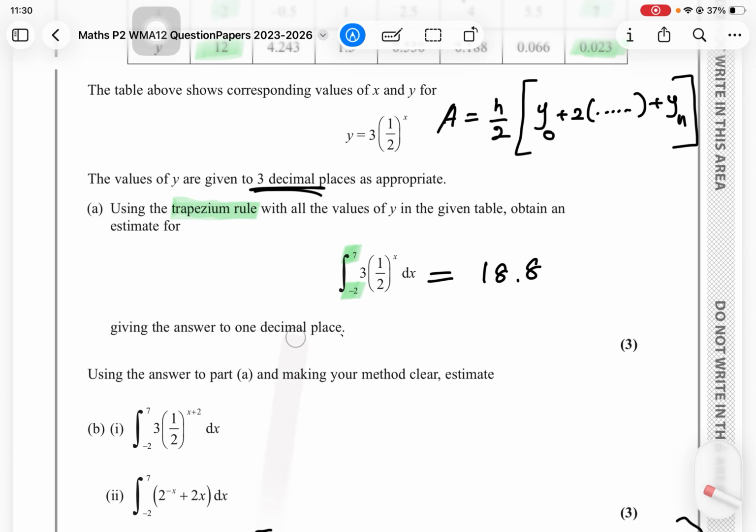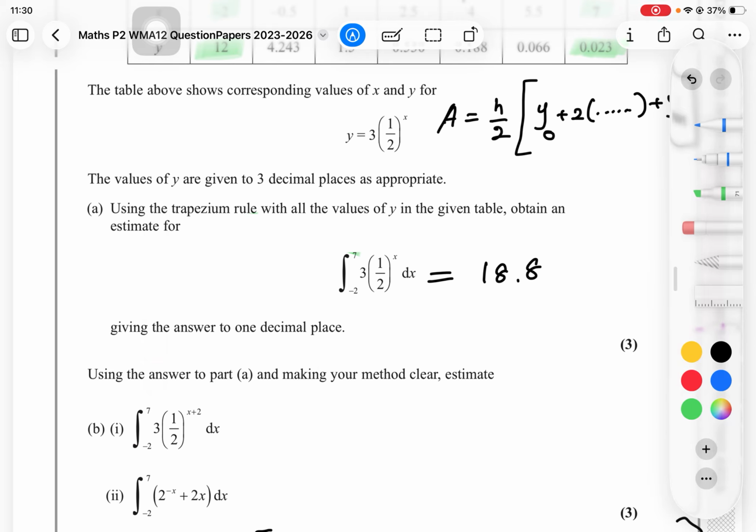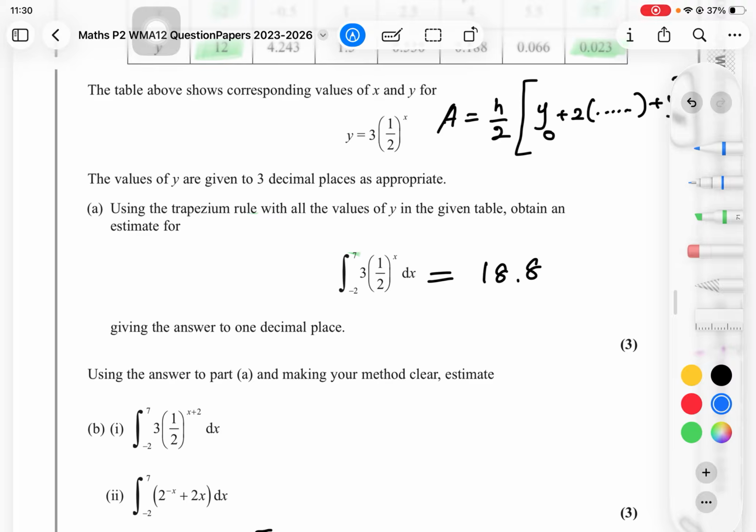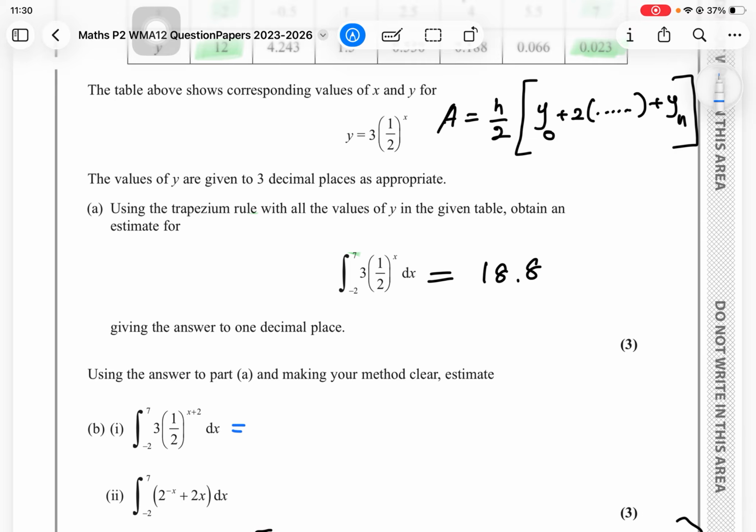Let me erase what is not important. I meant to say this part. This is partially there, but the power of +2 is not something that we have. So what we can do about it is